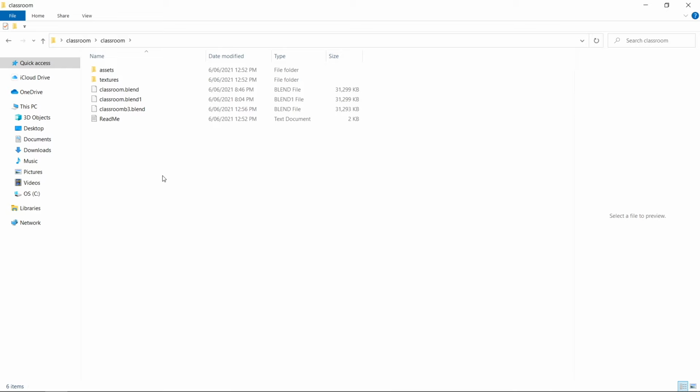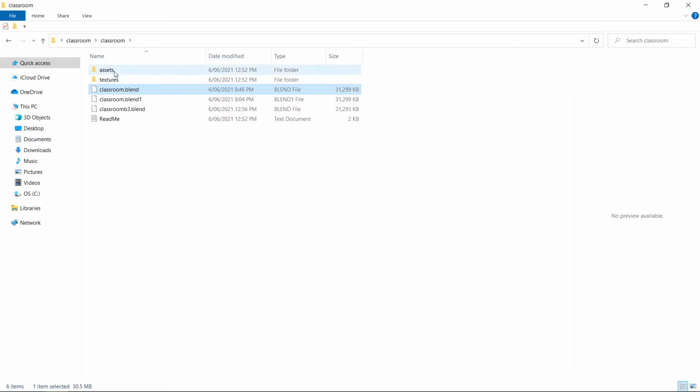Okay, so once you've downloaded Blender from the Blender website, you want to copy your Blender file that you want to render onto your Google Drive. As I said, I just downloaded this example demo file from the Blender website, which is the classroom example. Once you unzip this demo file, you'll find that it contains an assets folder, a textures file, and it will also have the Blender file as well as a README. So you're going to want to copy the assets folder, textures, and the classroom.blend file to your Google Drive.